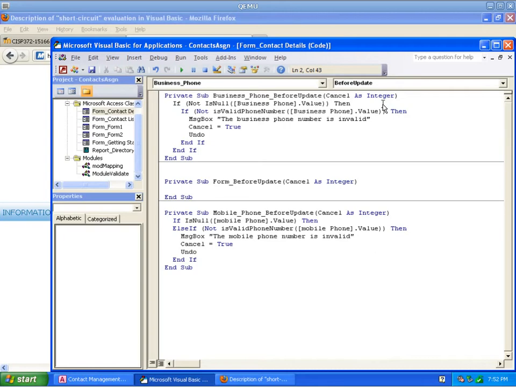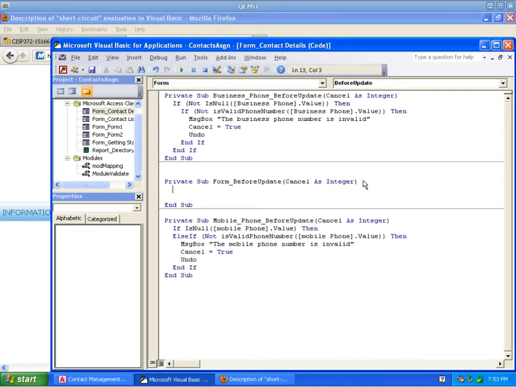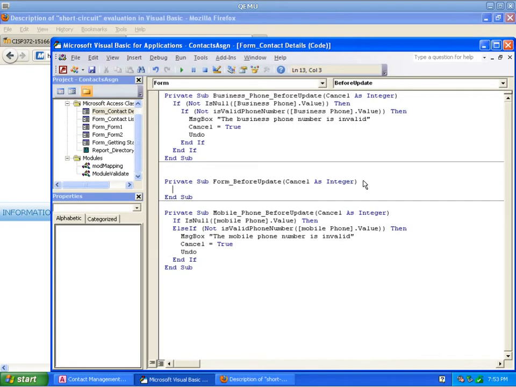Questions? Okay, so there's one more question about how do we know that none of those fields, or I should say not all of the fields, are null. To answer that question, it is for the form's BeforeUpdate, and the way we do it is to say pretty much the same thing. So you start with a conditional statement, because there are multiple operations to perform under this condition. So you have to say if it is not the case